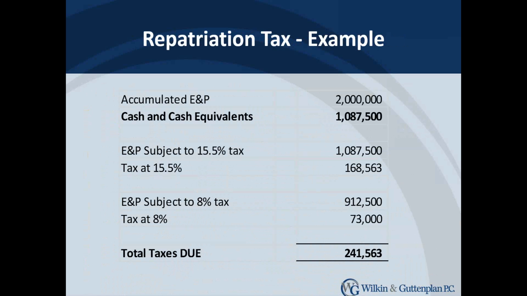This is a simplified calculation where we just show what the tax is, but if you go to the actual deduction to get to the 15.5% rate, you'll get to the same number, which is $168,563. Then the remainder, $2 million minus $1,087,500 of cash, or $912,500, is subjected to the 8% tax, which is $73,000, for a total tax of